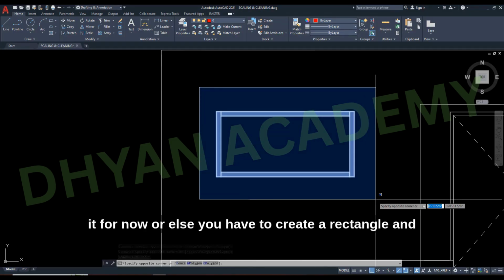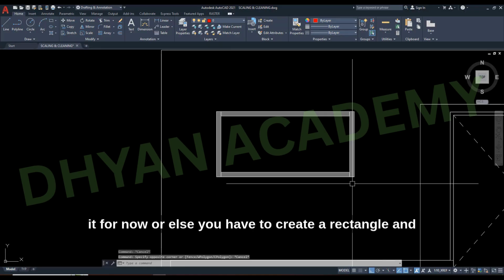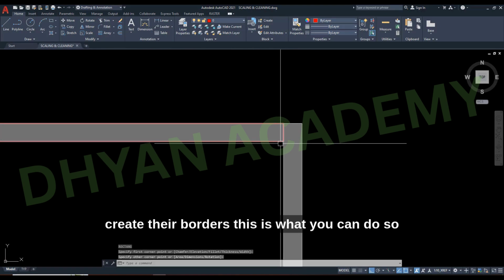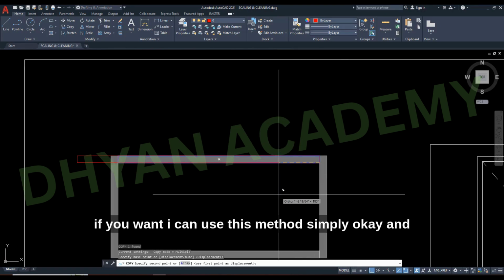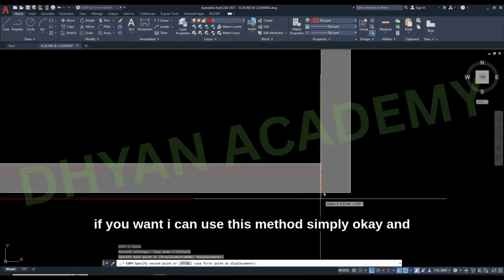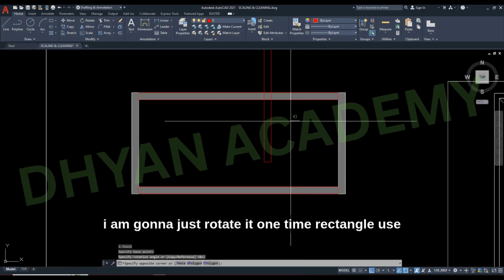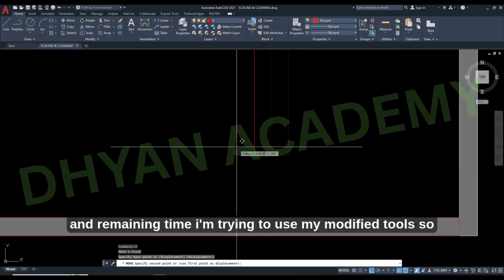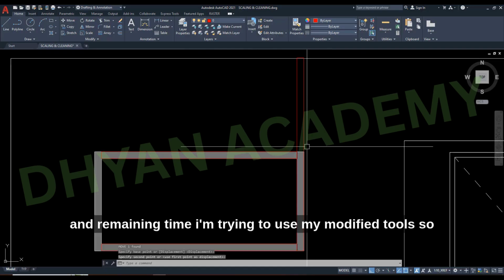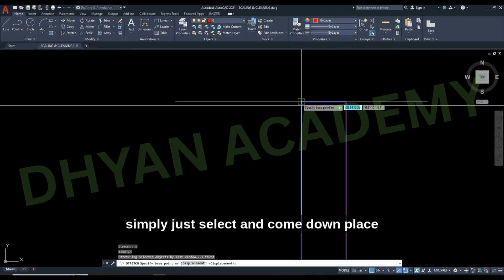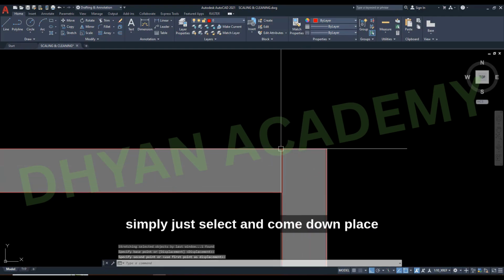Okay, remove it for now, or else you have to create a rectangle and create their borders. This is what you can do. So if you want, I can use this method simply. Okay, and I am going to just rotate it one time, rectangle use, and the remaining time I'm trying to use my modified tools. So simply just select and come down, place it